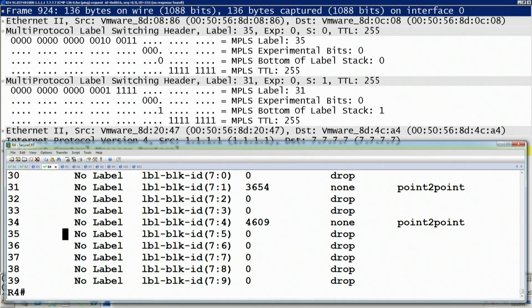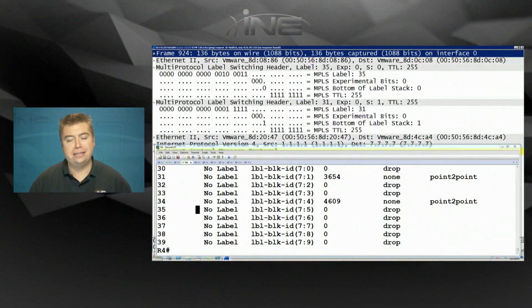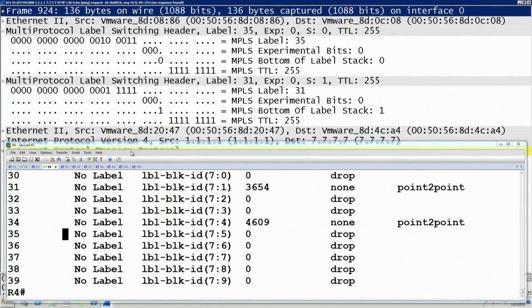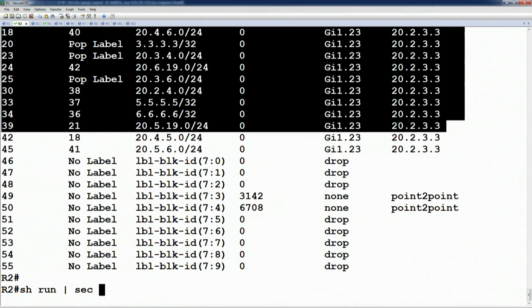Okay, there's another question here. In VPLS, do all types of traffic get transported transparently, like spanning trees, CDP, etc.? You can configure it to do that, but it does not do that by default. Where you configure this, I want to say it's under the VFI, which is going to be, if we show run section VFI,